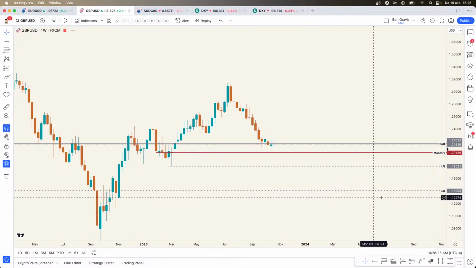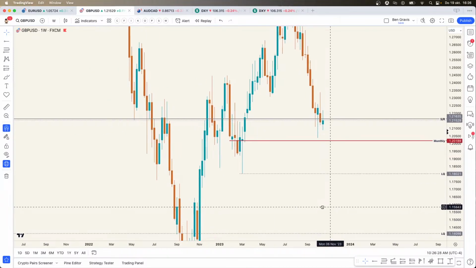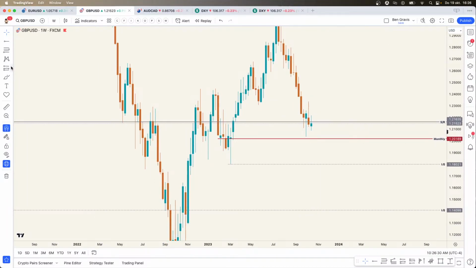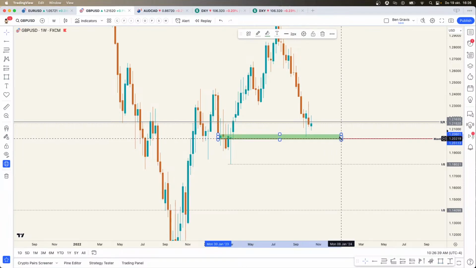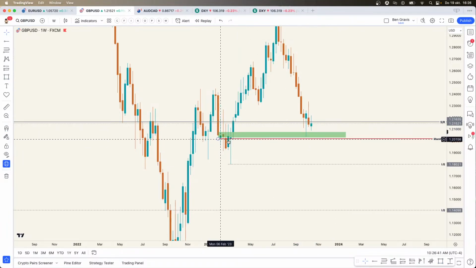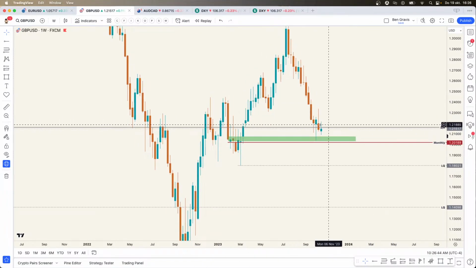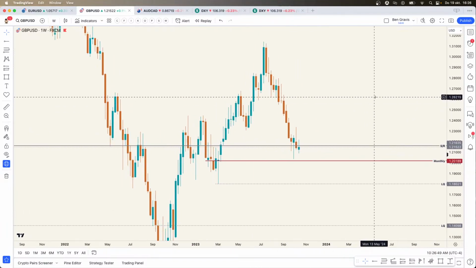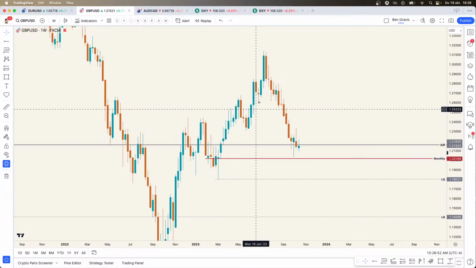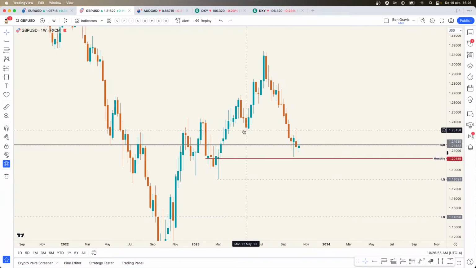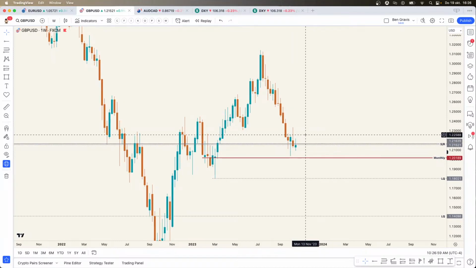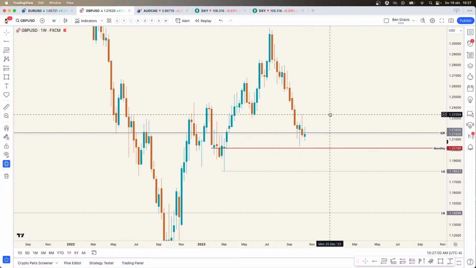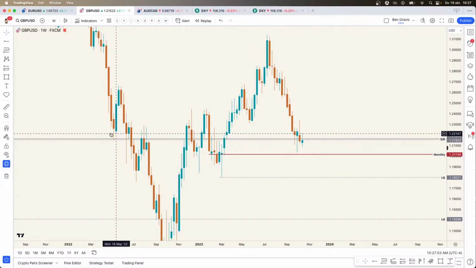So onto the weekly chart. What do we see here? We bounced from the imbalance over here. As you can see, this was still an open imbalance, and that's where we actually bounced from. Below this liquidity level, bounced, tapped into this liquidity level again, and rejected. So for now, this one is actually still kind of looking bearish, although we have weekly